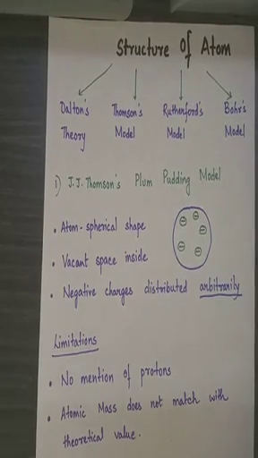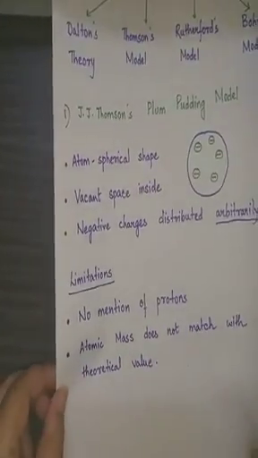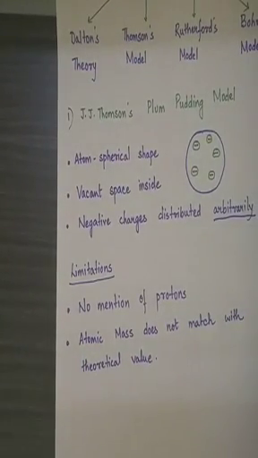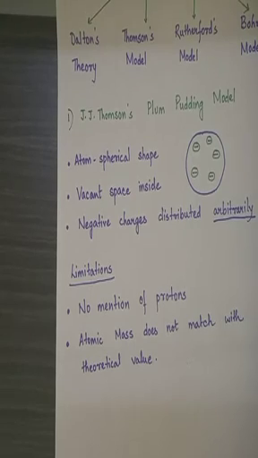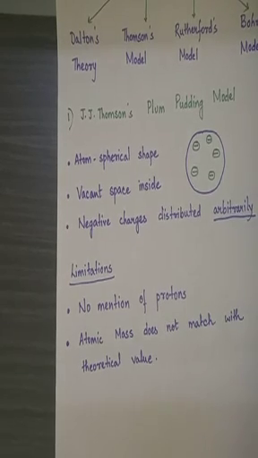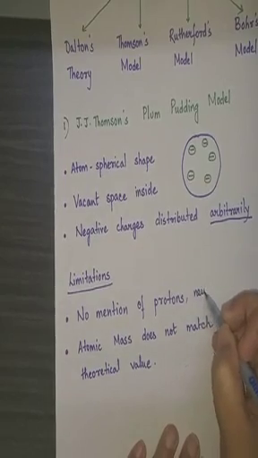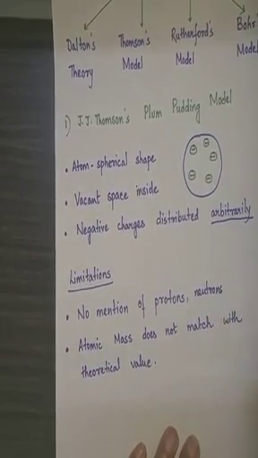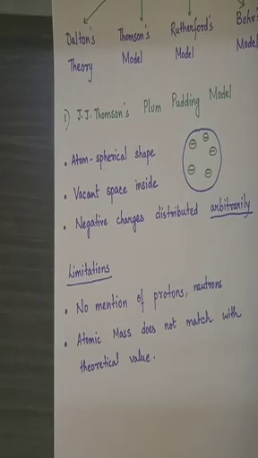Now what are the limitations of that theory? When I use the word limitations, what I mean is, what are the disadvantages of that theory? Advantage, definitely, yes, he gave us some idea about the atom and about the presence of an electron. But there are 2 major disadvantages of this theory. The first point, there's no mention of protons as well as neutrons. This scientist did not talk of the presence of protons or neutrons. He could only assess the presence of negative charges or electrons.